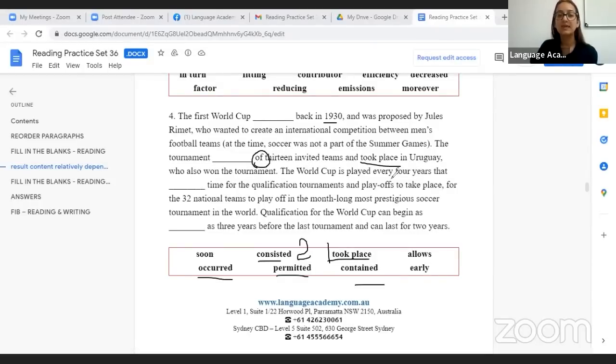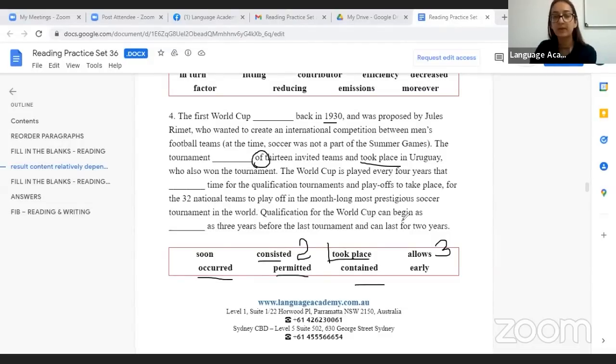The World Cup is played every 4 years. That dash time for the qualification tournaments and playoffs to take place. That means this thing allows time, means this thing gives time so that we can have the playoffs, we can have the semifinals, qualification rounds. For 32 national teams to play off in the month-long most prestigious soccer tournament in the world,